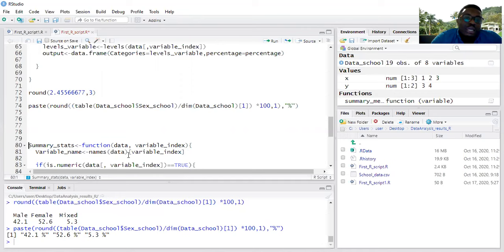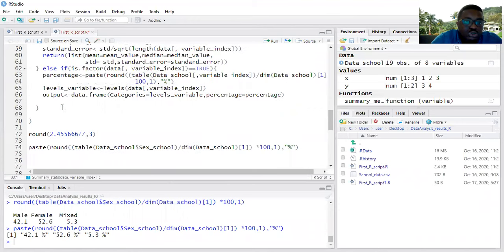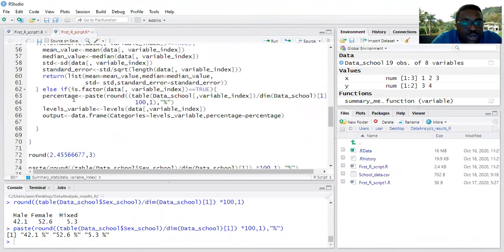Okay, so we are just trying to make it handy so that at the end of the day, you want to see, oh, 42.1%. So whatever you want, you can just tell. So that's the essence of the paste. All right, so now with this, first of all, I'm computing the percentages. I am rounding to the nearest one decimal place, and I want to put the percentage sign to it. Okay, and afterwards,